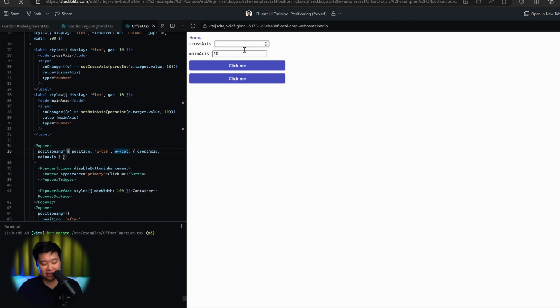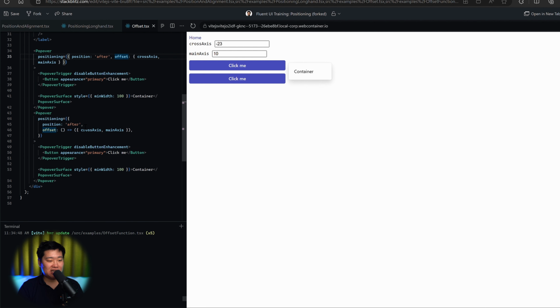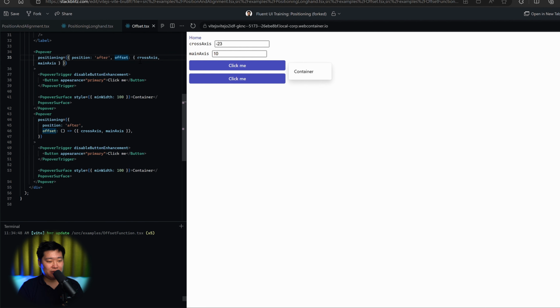So if we increase this cross-axis alignment, say this offset will be 50 pixels, you'll see this now shifted vertically along 50 pixels. And again, you can also use negative values for this offset, like all offsets, and it'll be shifted in the opposite direction. The second example is practically exactly the same, but in the code, instead of using a JavaScript object,